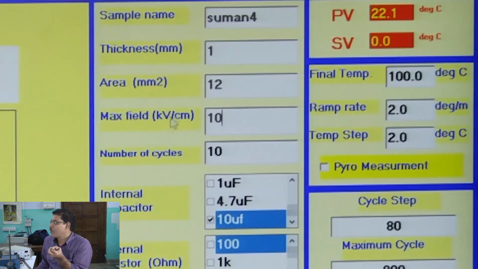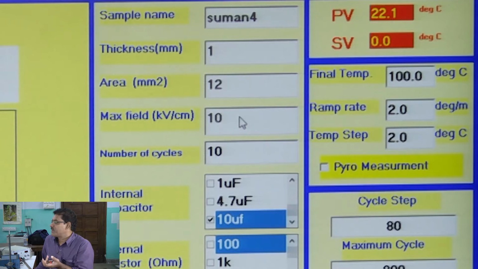Kilovolt per centimeter, the electric field variation whatever I want. So, maximum electric field up to 10 kilovolt per centimeter, that you can select depending on your sample, you can select 5 kilovolt per centimeter or 100 kilovolt per centimeter.